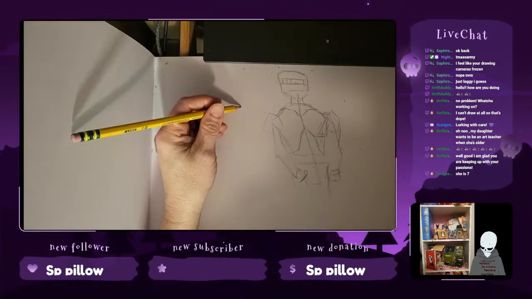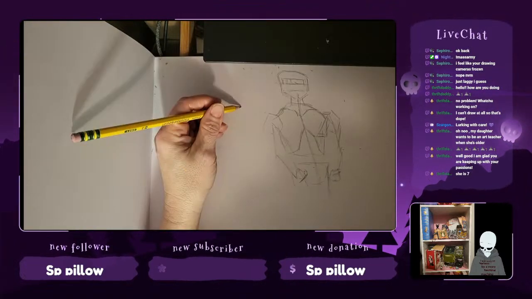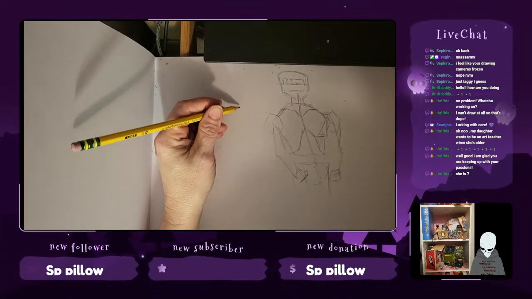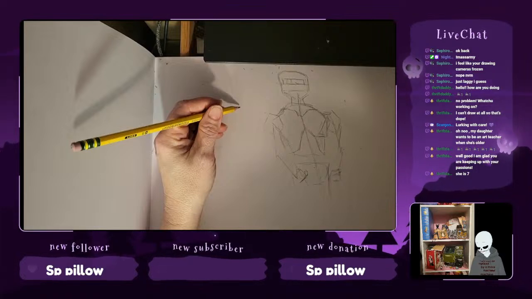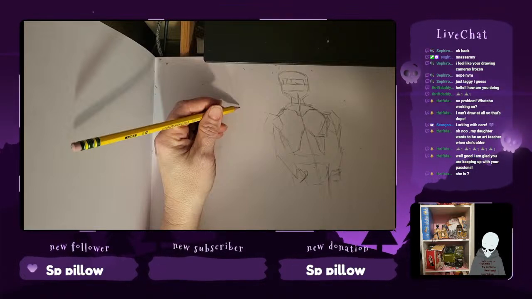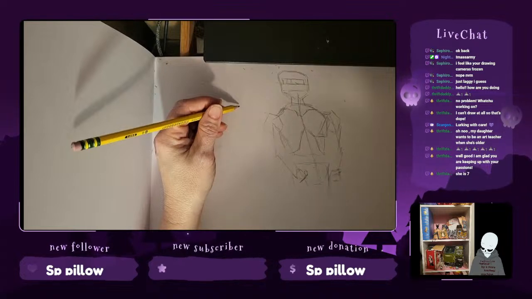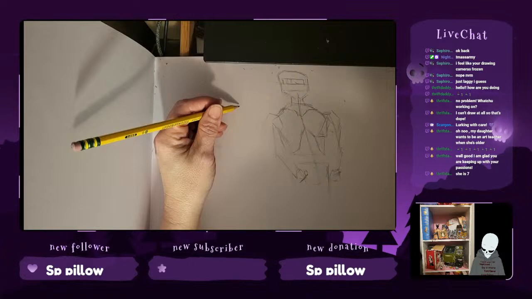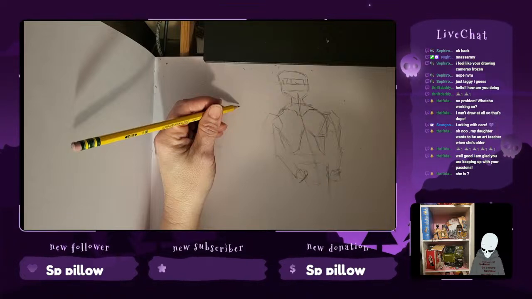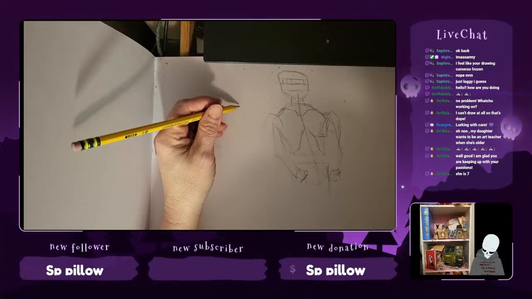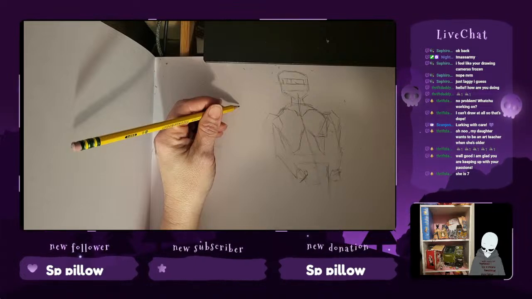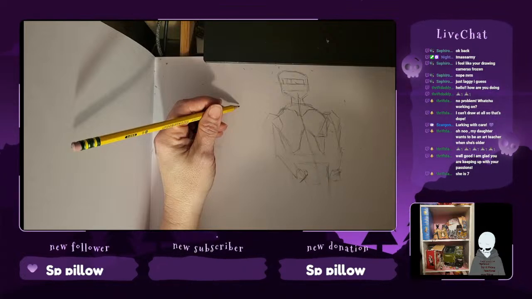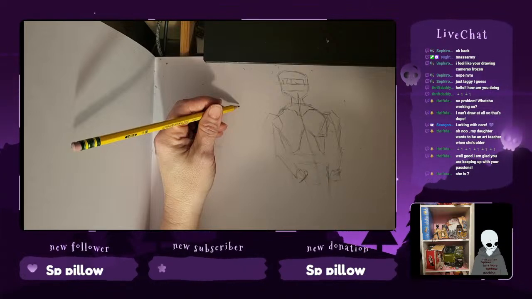I can't really think of an interesting robot pose, so maybe I'll just do some more silly ones. Let's see. Oh, you know what we need? We need a gamer robot, obviously. So we need one holding a controller. Because that's very important. I know Mass doesn't use a controller. I think he uses mouse and keyboard. I don't know. He plays Fortnite. Does he play with her?